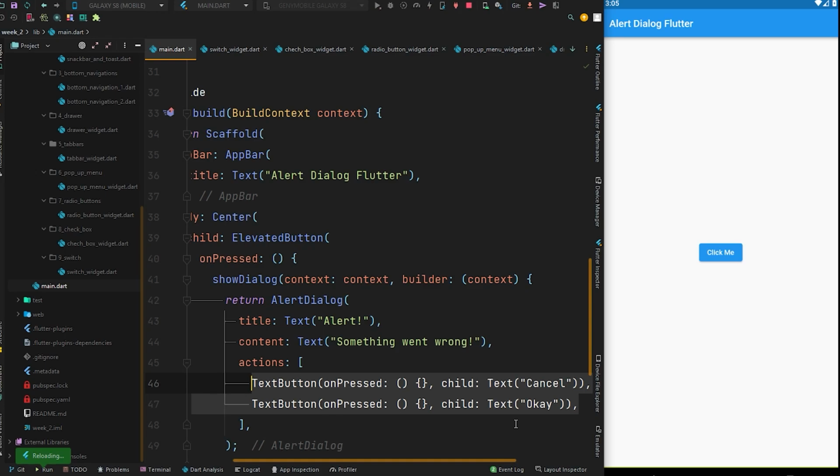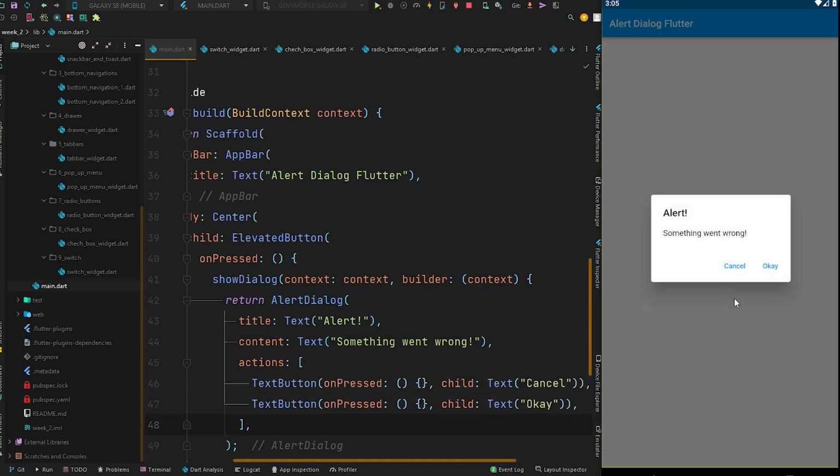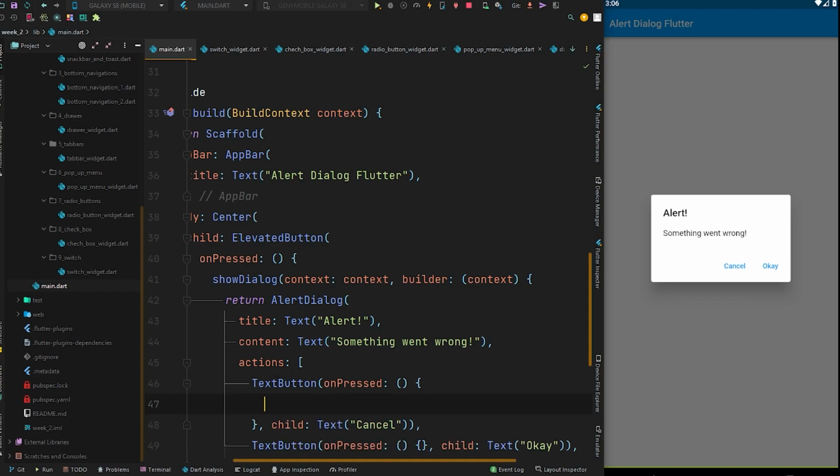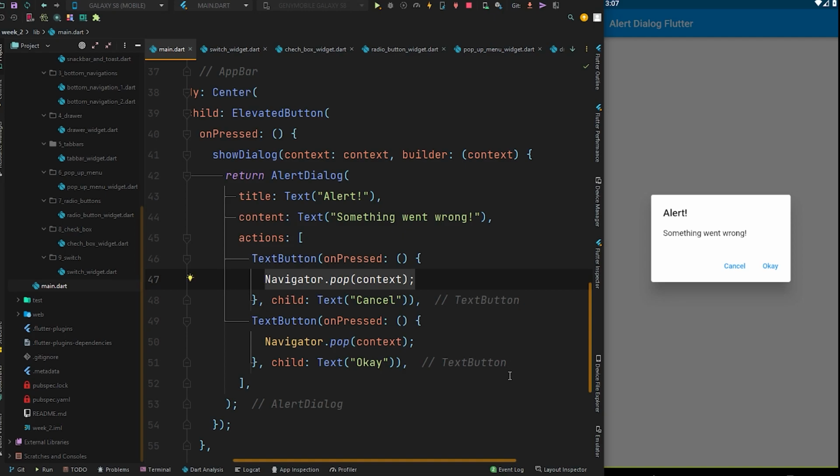Now after this, Ctrl S to hot reload and click this Click Me. You can see we got this Cancel and OK, but for now they will not work. You can see they are clickable but will not work. To make them work, here in the onPressed method of these two buttons, we will do this Navigator.pop(context),